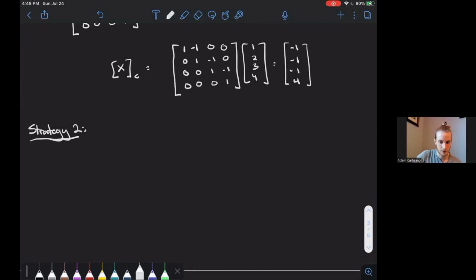This is not going to work. We can do it, but suppose E is the standard basis. In our case, that means E is equal to B. But